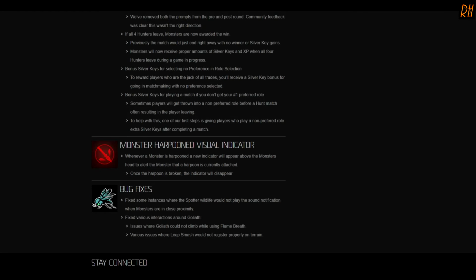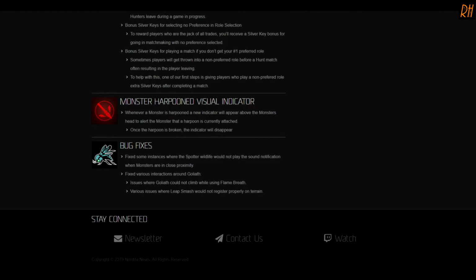Well, okay, last 2 things down here. Monster Harpoon Visual Indicator. Whenever a monster is harpooned, a new indicator will appear above the monster's head to alert the monster that a harpoon is currently attached. Don't think it's necessary when you're playing in a dome and you're fighting in a dome. It's pretty clear to